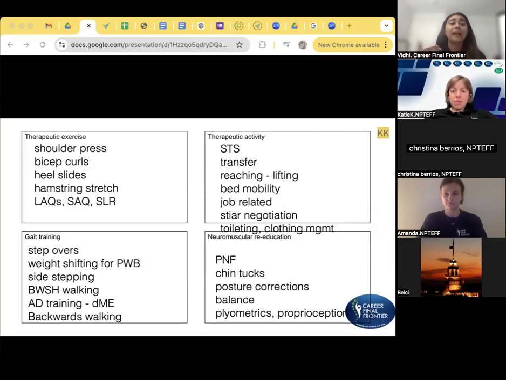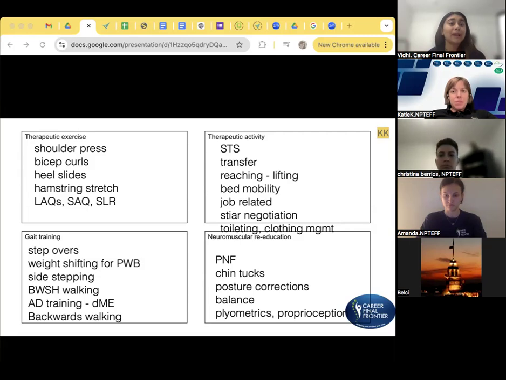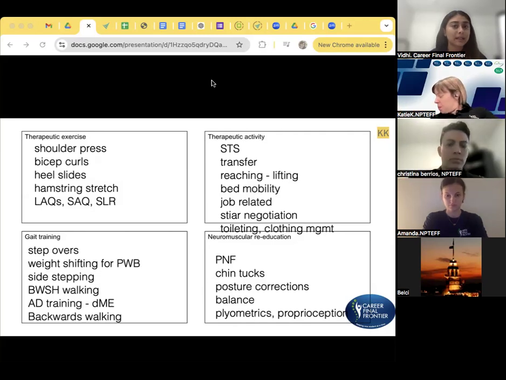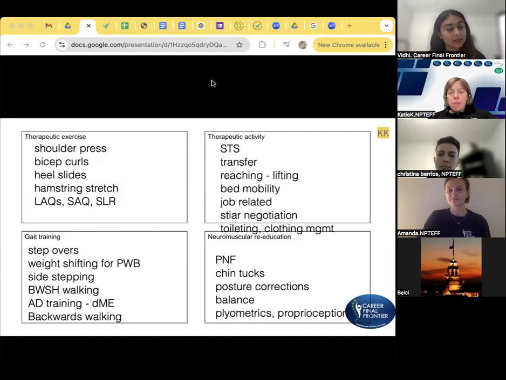When gait training, or any of this, becomes training them for actual function that they need to do outside of your clinic, outside of acute care, outside of the hospital, like negotiating stairs to get onto the first floor because their bedroom's on the first floor, teaching how to negotiate stairs in that scenario becomes therapeutic activity. But after 2 or 3 sessions, they're able to easily go up and down, and you see that. You still want to continue to build strength, maybe with a higher step height. That then becomes therapeutic exercise because it does not require as much skill, but you're still continuing so that you can make their function easier and better.